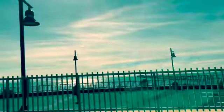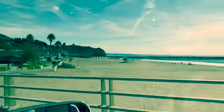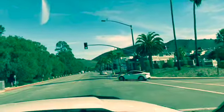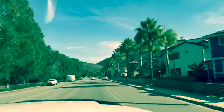And off we go out of Port San Luis, out of Avila Beach, and up through the canyon to the 101 is where we're headed. Bye, Avila Beach. It was so quiet. Very few people. Just us retired folks, riding our bikes, hanging out, doing book clubs, chilling. So this drive up through this canyon is just